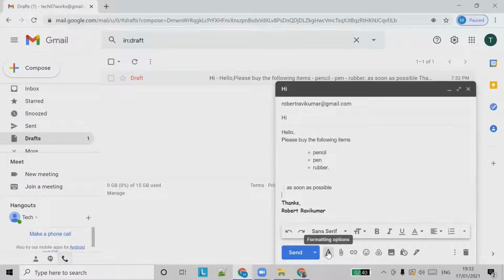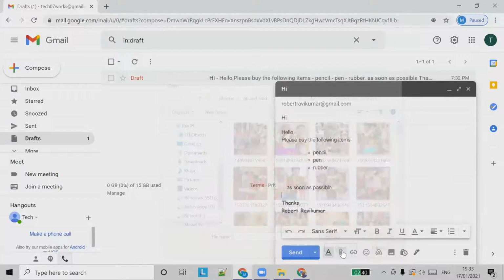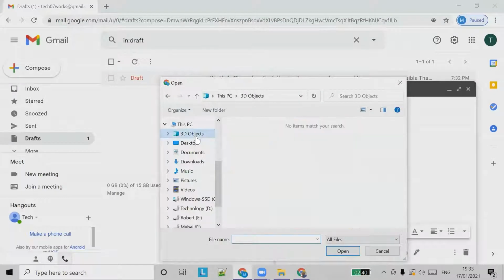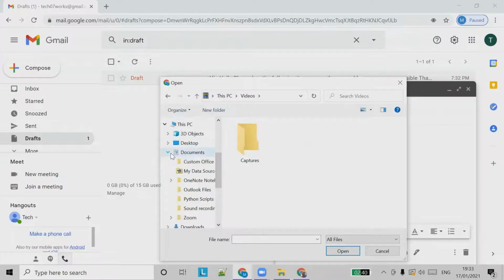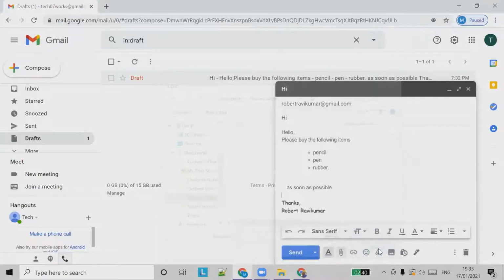So we have seen all the formatting options, and now we can see how to attach files. If you want to attach any files, you can use this option. For an email, you can send files using those email options.